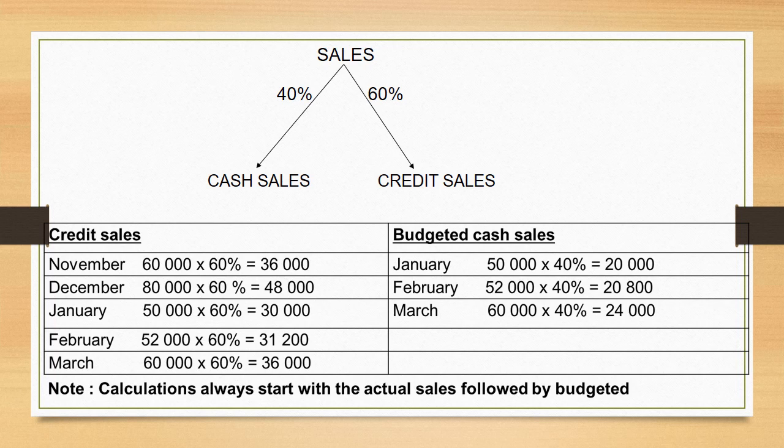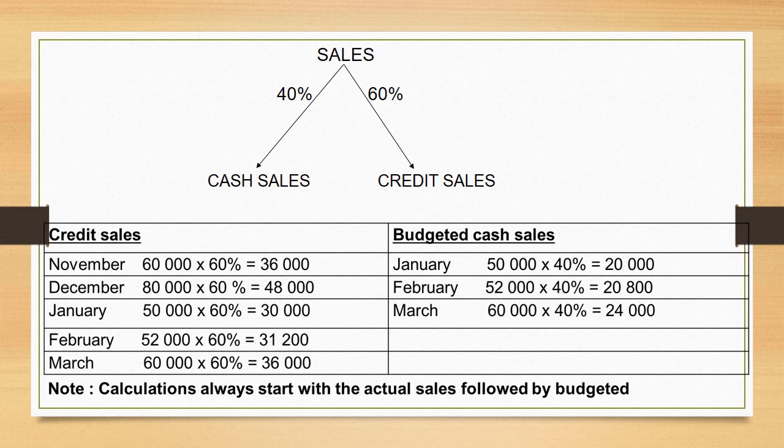It's saying November, we were given 60,000 of total sales. This is our total sales, not our credit sales. Therefore, for us to get our credit sales, we're saying 60,000 multiplied by 60%, and it will give us 36,000. This 36,000 is our credit sales, and then the remaining balance will be our cash sales. And then in December, you do the same thing up until you reach March, and then you look at the